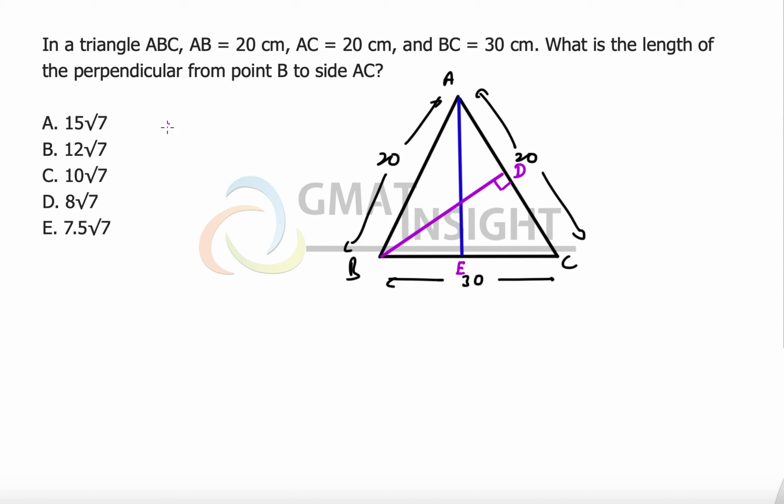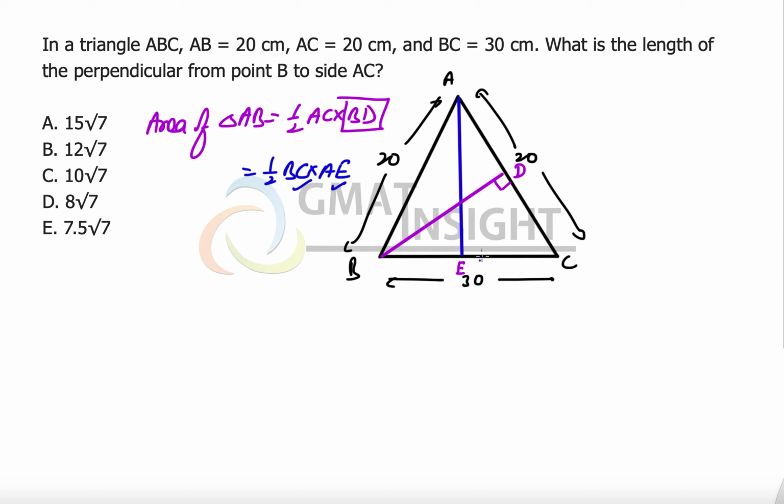Then the answer is that if we look at the area of triangle ABC, then we can say that the area of the triangle is half of AC multiplied by BD, and there we have BD coming into the picture. But the same area can also be calculated as half of BC multiplied by AE, where BC we already know and AE we can definitely calculate, because if we drop a perpendicular, the base will be divided into two equal parts and the length of AE can be calculated using the Pythagoras theorem, which is